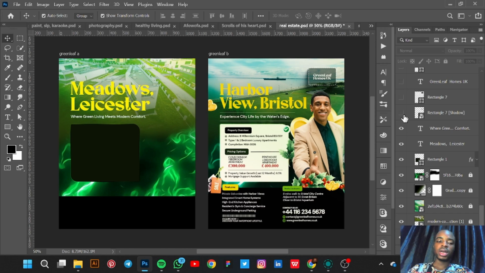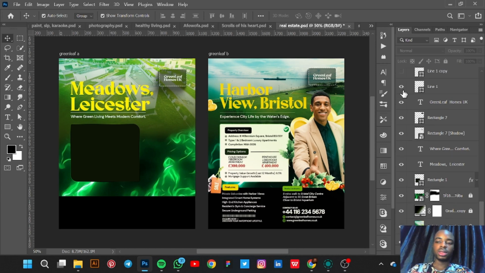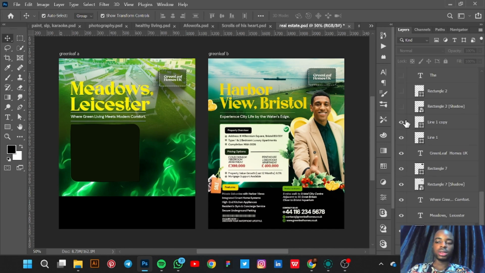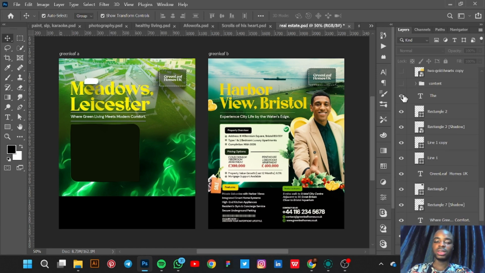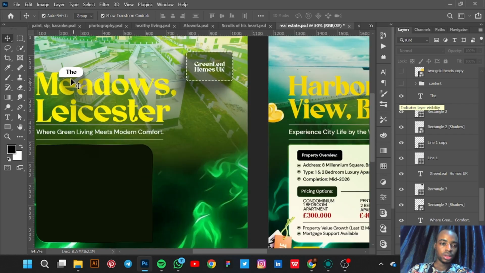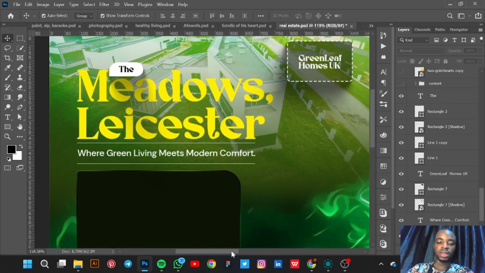So we come to add the text, the logo, and other information, and we just play around with shadows, lighting. That is what is giving this part of the design different feelings. So here we play with stroke, here we play with shadow. You can see that the shape there has a shadow that is cast